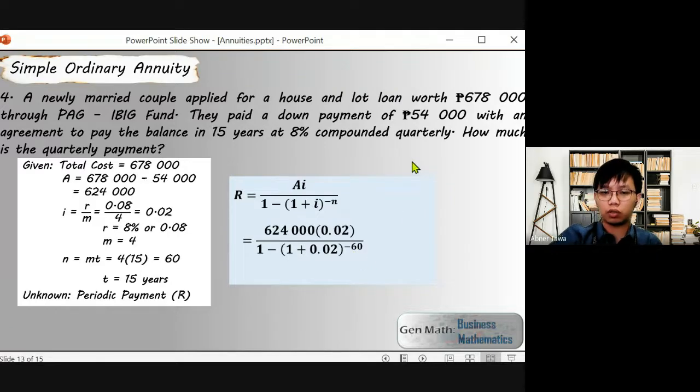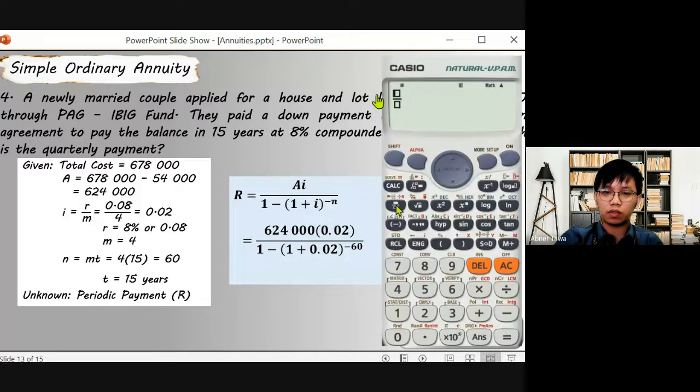Then gamit tayo ng calculator. Pero kung kaya nyo isolve yan manually, you can have it. Pero pag hindi nyo kaya, just use the calculator. Okay? Dapat tama yung pag-input natin. We have here 624,000 times 0.02 all over 1 minus 1 plus 0.02 raised to negative 60. Ayan. And that is equals to 17,951.21